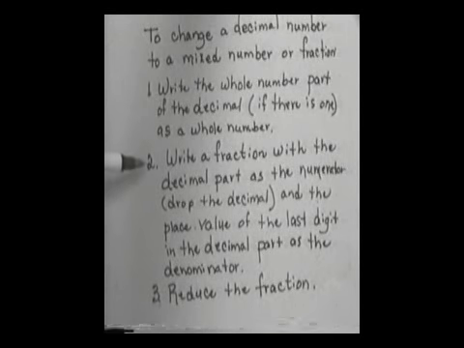So write a fraction with the decimal part as the numerator. You're going to drop the decimal when you do this. And the place value of the last digit in the decimal part will be the denominator. So when you write your fraction, you'll drop the decimal and take the decimal part and let that be the numerator of your fraction, and then the place value of the last digit in the decimal part will be your